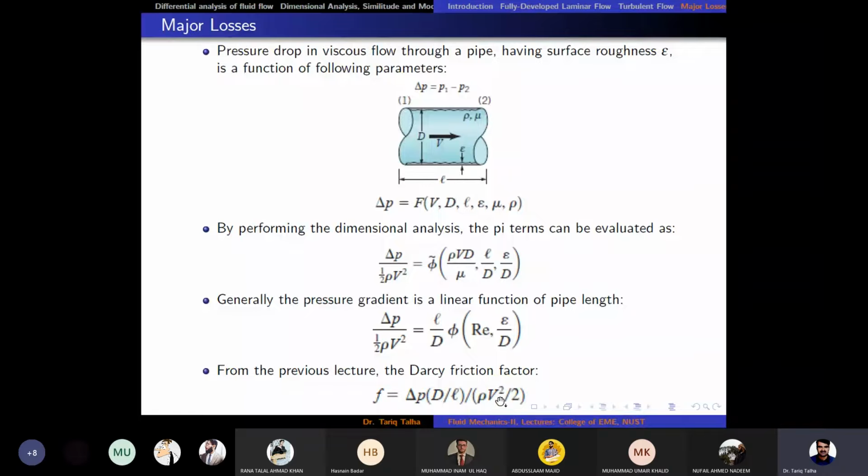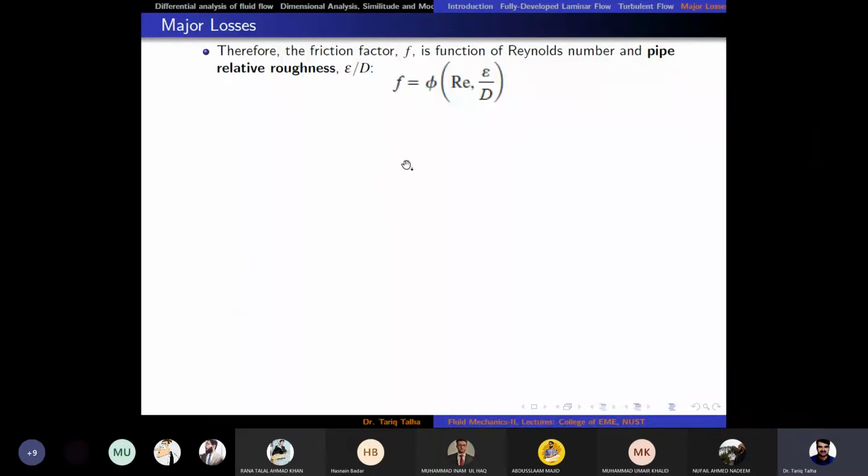We discussed that in detail in the last class. If we put the value of delta P in this equation, it would be equal to f into L upon D into rho V squared upon 2, and if we do the simplification as we did in the last class on the whiteboard,